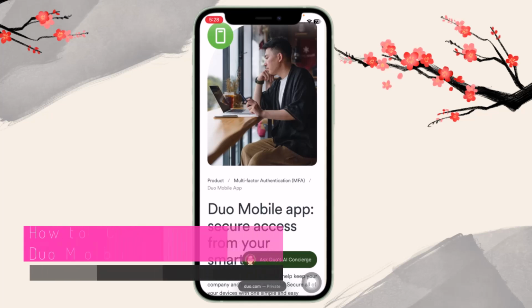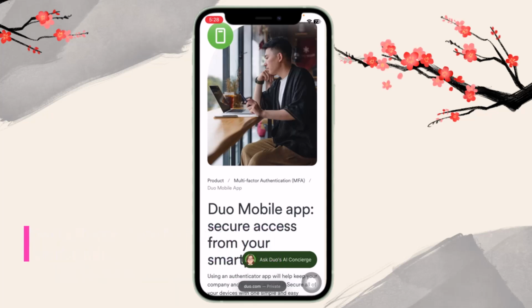So in today's video I'll show you how to change your phone number in Duo Mobile. So if you've changed your mobile number, then just follow along. Your phone number is usually managed by the website or organization that uses Duo, not inside the Duo Mobile app